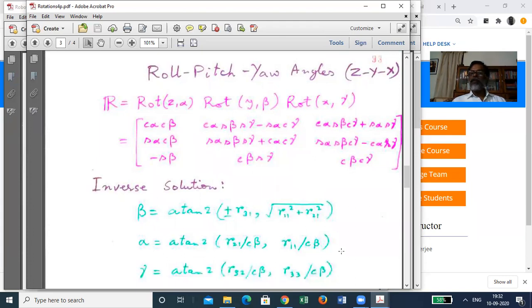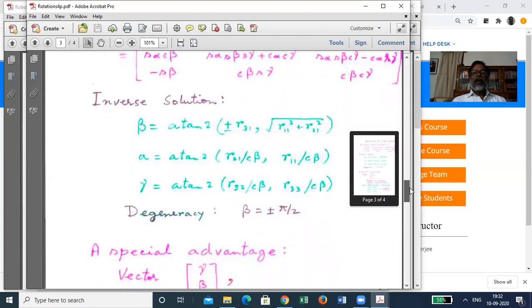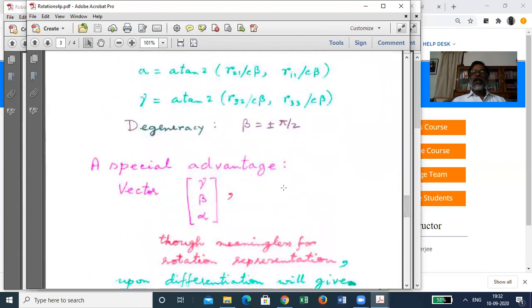R32, R33. So this is the inverse solution. So far, so good. However, roll picture actually has an inherent advantage because this refers to three different coordinate axes. So a special advantage is that the vector gamma, beta, alpha